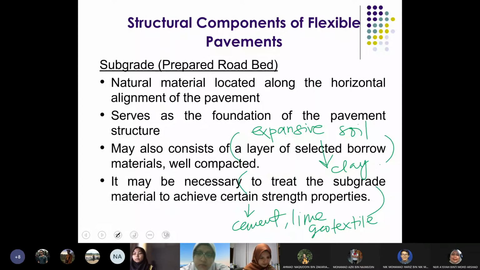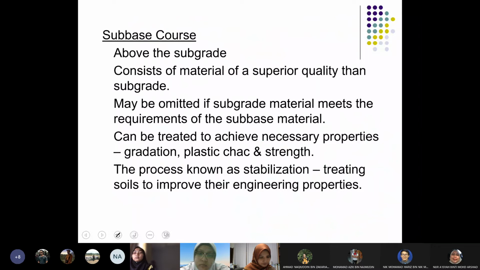Okay, then we have the subbase course. This is above the subgrade. So the subgrade is at the very bottom. This is the subgrade, and it sits above the subgrade. It consists of material of superior quality. It must be better in strength. Now we look at the CBR value. JKR says each of these must exceed a minimum CBR value, California Bearing Ratio value. You did this experiment in your